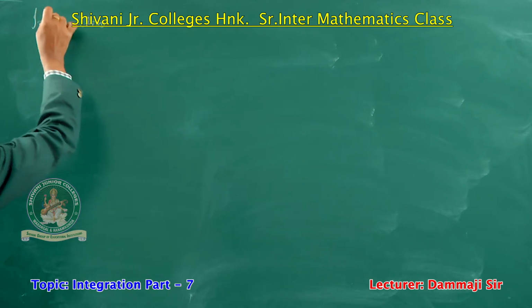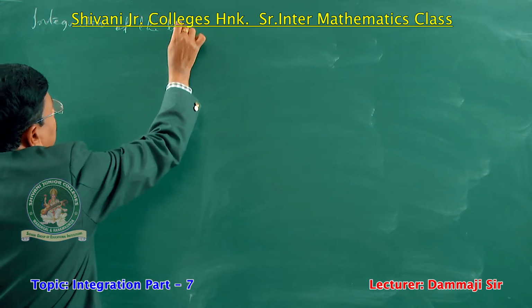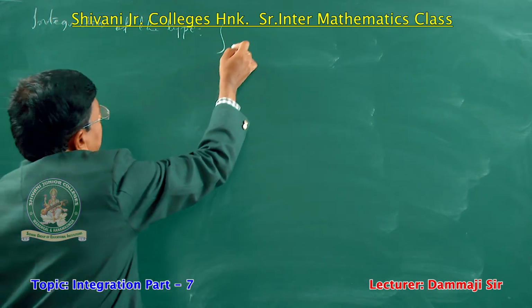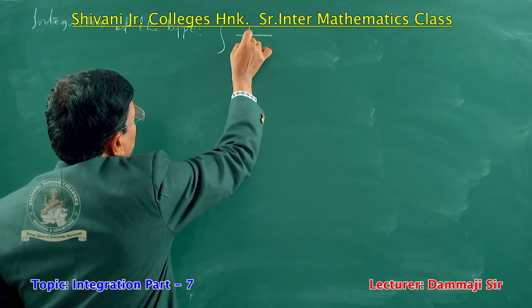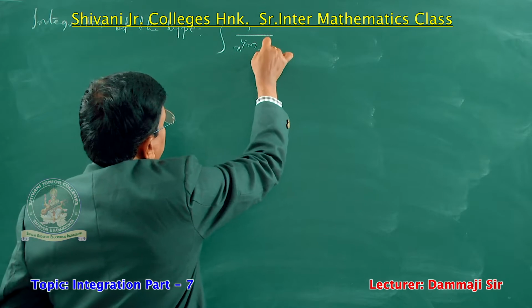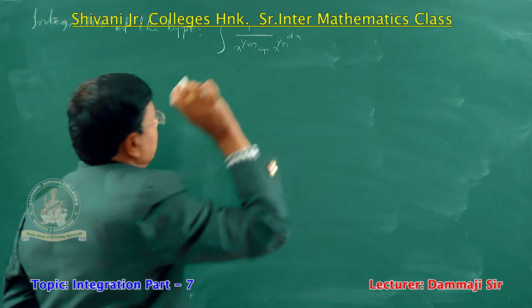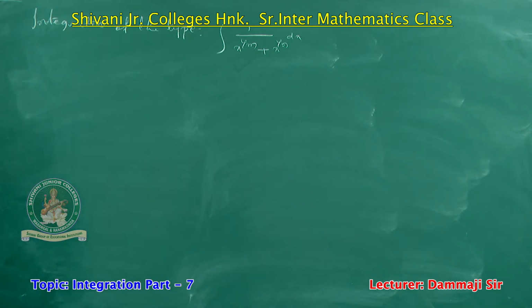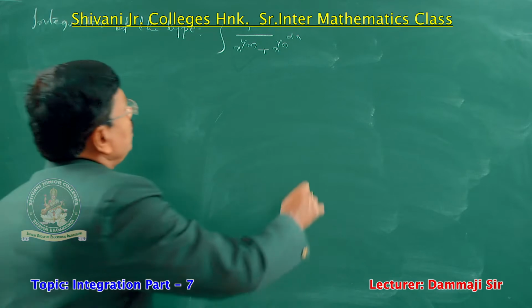Integration of the type: integral of 1 by x power 1 by m plus x power 1 by n, given that. Okay, so what about the result? It is one of the processes. So we put